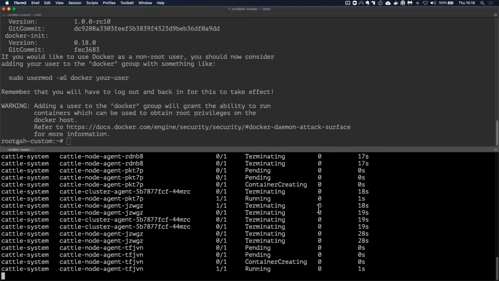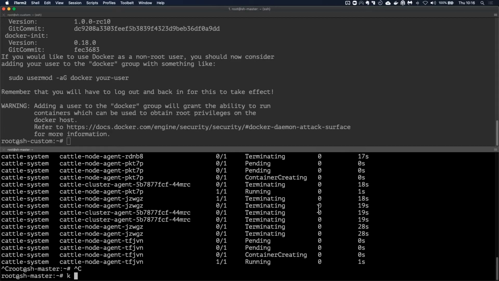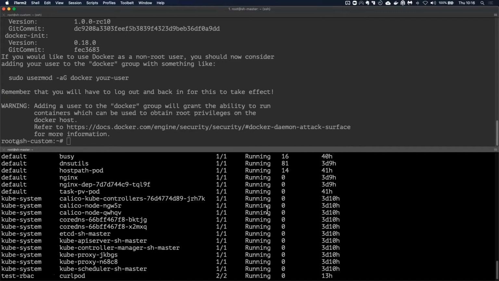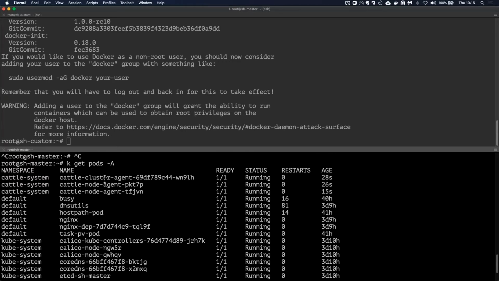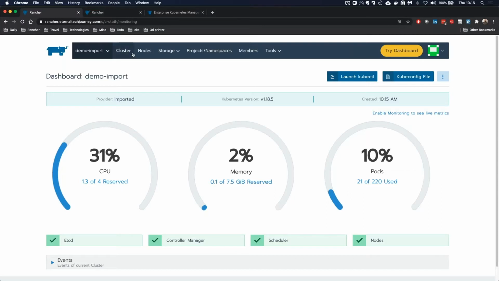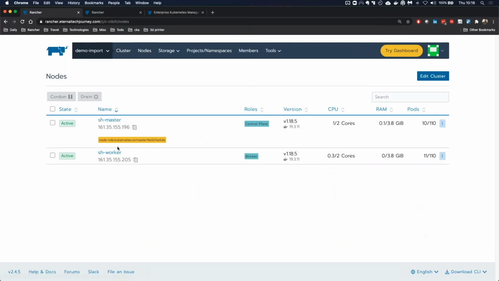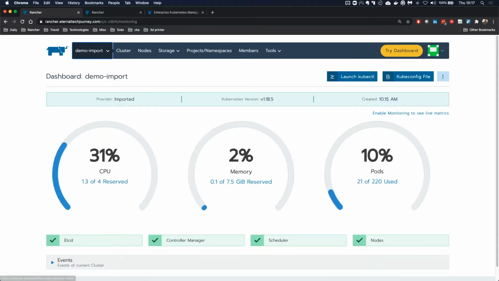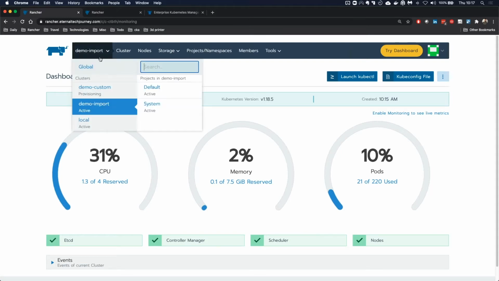If I just close this one, pods, here you'll see that everything is up and running. It added a cluster agent and a node agent for every node, which is running on each node. And that's it, right? Going back to Rancher, you'll see that now I have an imported cluster, which is running 2 nodes. And I can now also just start using this cluster. I'll jump into why you would do all of this in Rancher, but let me spin up a few clusters